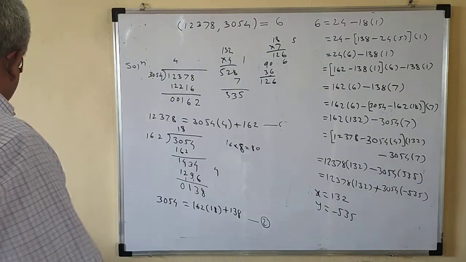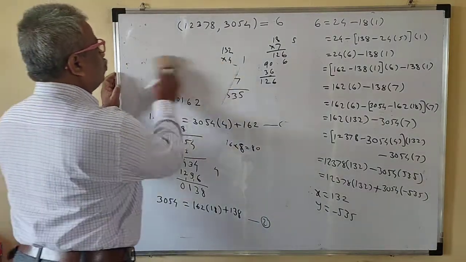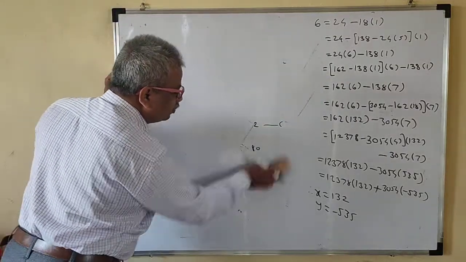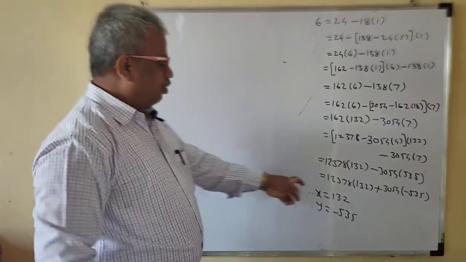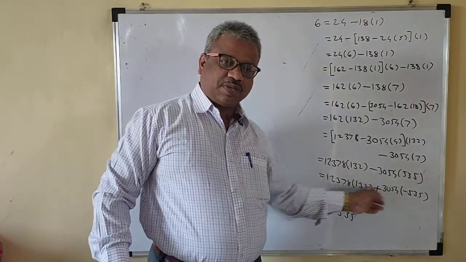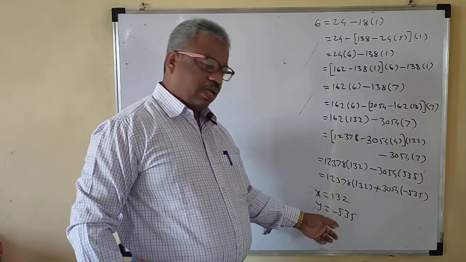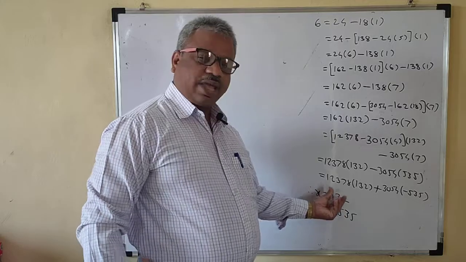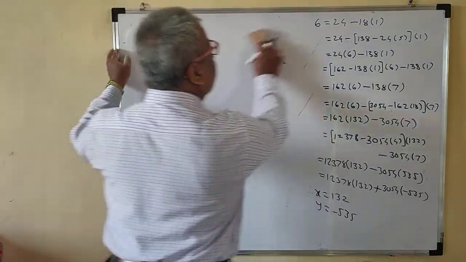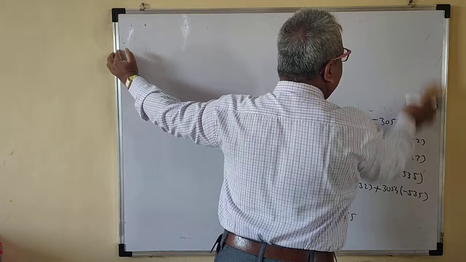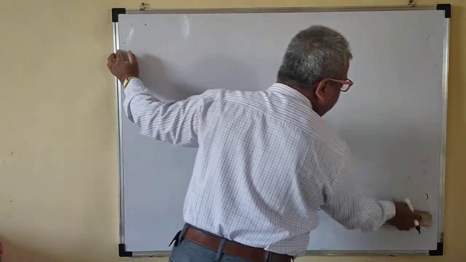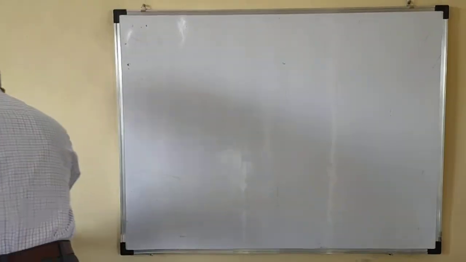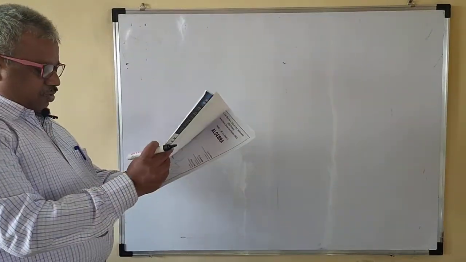Okay. So we will solve one more problem so that your concept will be clear. Our problem is over because your GCD is expressed in terms of the given two numbers. Your x is this, y is this. Whatever you can call this as m, they call this as n. So you can call this x as m and this y as n. Whatever is given in the problem, check which letters they use. That letter you have to write. So we'll take one more problem so that you will understand this one.